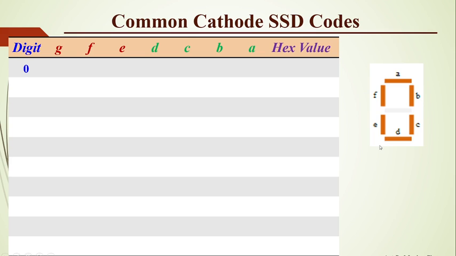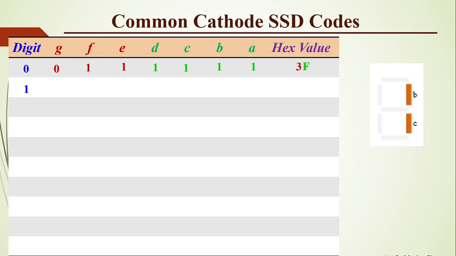As we are using the common cathode type SSD, to glow these segments A, B, C, D, E and F, we have to make them 1, and to make the segment G off, we have to make it 0. So we are writing G is 0 and all the other segments are equal to 1. This 0, 0, 1, 1 represents the digit 3, and these 4 bits 1, 1, 1, 1 represent the value F. So this hex value, 3FH, is used to represent digit 0. If we apply this value 3FH to the port, then 0 will be displayed on the SSD.